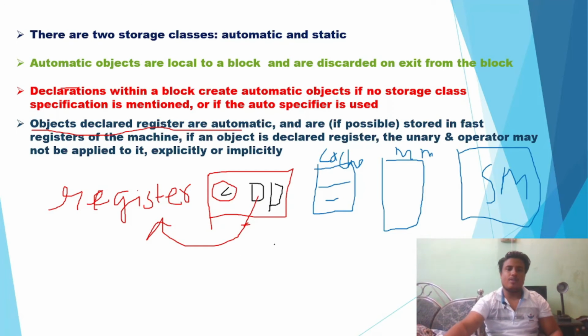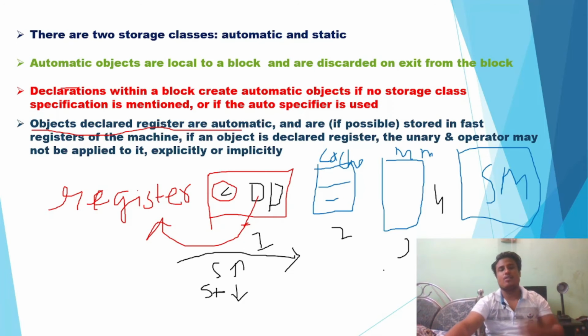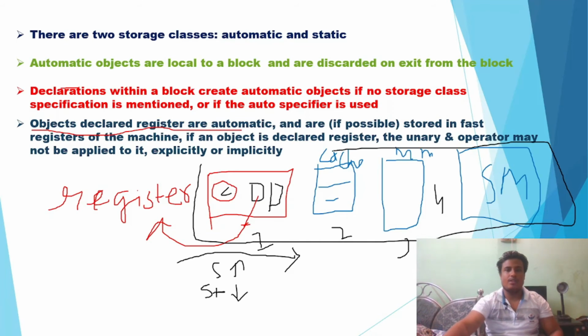This is the first level, second level, third level, and fourth level. Whenever we go from left to right, our space increases and speed decreases. Speed decreases, and our space or memory increases. Hope you're getting it. This is the memory hierarchy part. It actually comes under computer organization, but I discussed it because we need some basics here.